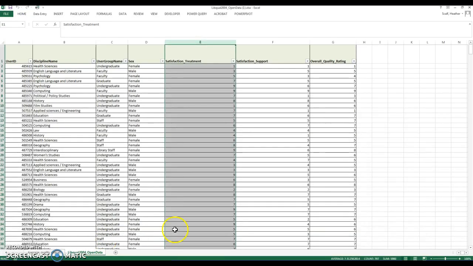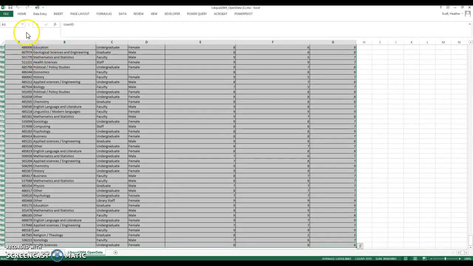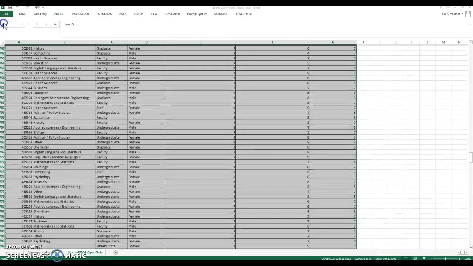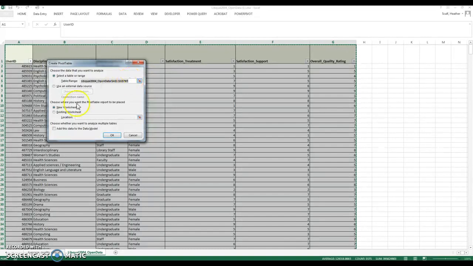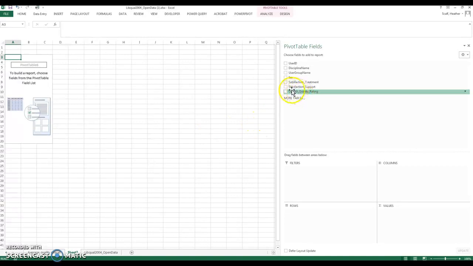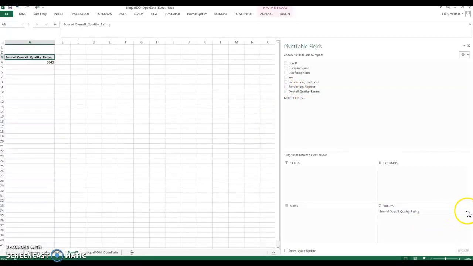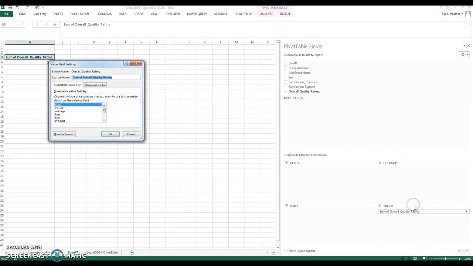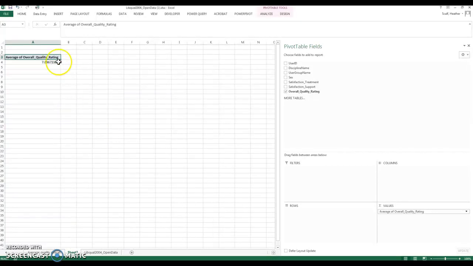So if we go back and look at our data set, again, we're going to Control A, select all of it, insert a pivot table with all of our data into a new worksheet. And what we want to understand is what is the overall quality rating, the average, right? So quality rating, we're going to select Value Field Settings, Average. So this is our overall quality rating, but what we want to understand is what's the difference between male and